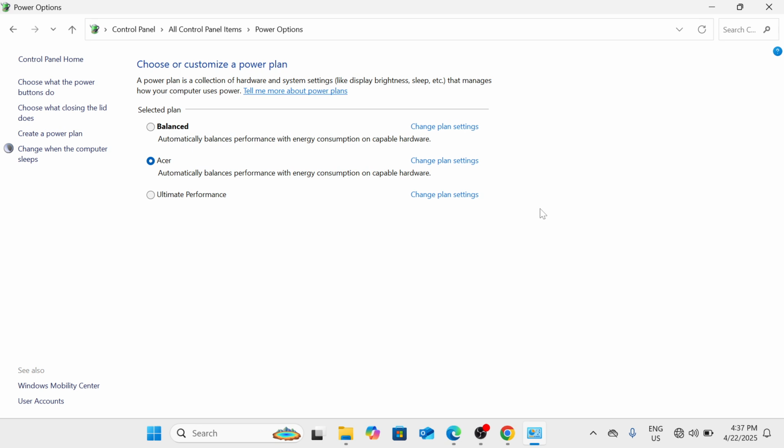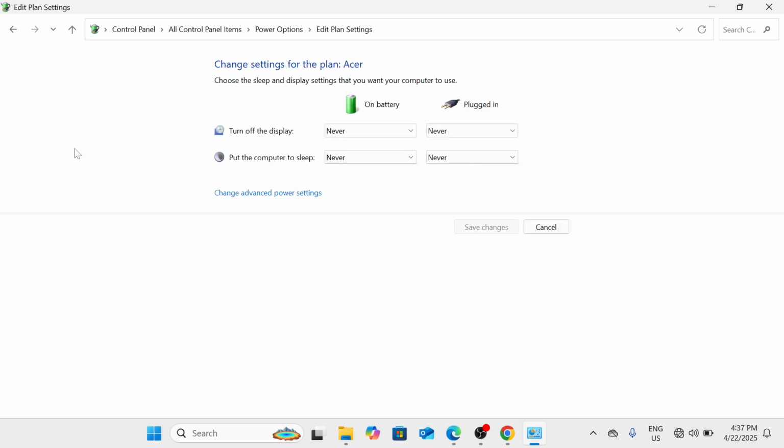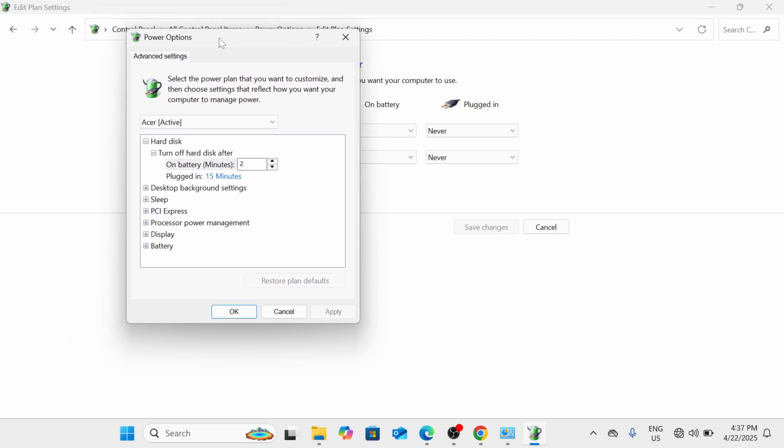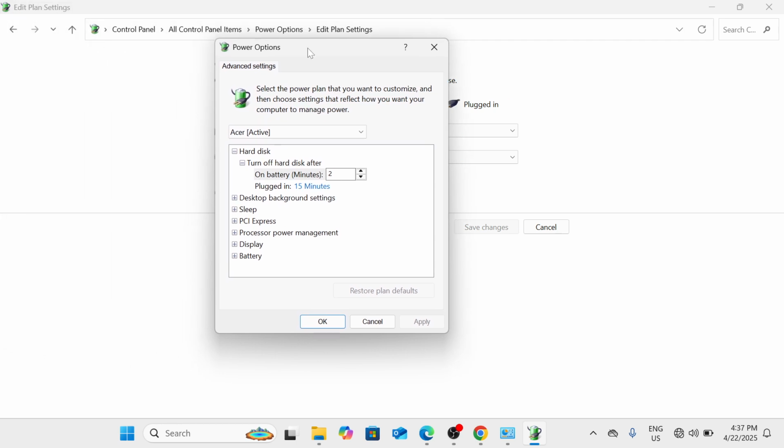And then once found, all you need to do is just to click on this change when the computer sleeps here in the left pane, and then change advanced power settings. And then the next thing you need to do is to go to this small window here. If you see the USB settings here, just proceed to that. Click on the plus sign before it, and then once you click on that, it will be expanding. So you will see there the settings option for the USB settings,